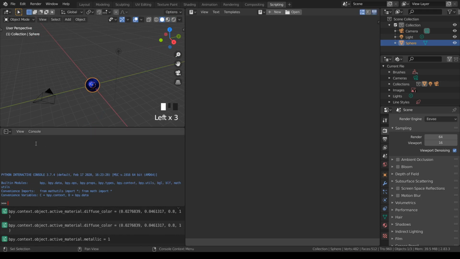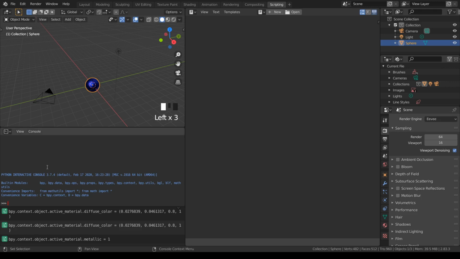Now, if you look down, this is the console which we have. This is called the Python console. Below that, it shows the result. Yes, this has been activated. For example, the last action which I had done was to give a metallic structure to my sphere object. Here, BPY means Blender Python. So bpy.context.object is selected, and in the material I activated the material and finally made it metallic, and the value I've given is 1. Whatever operations you do, you will see the actions shown over here.